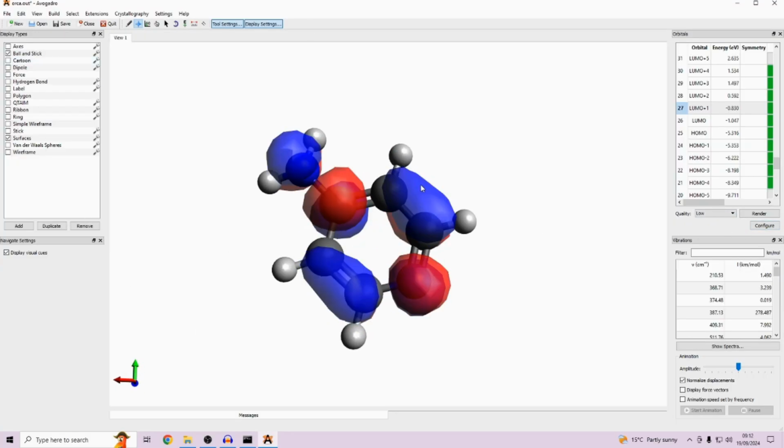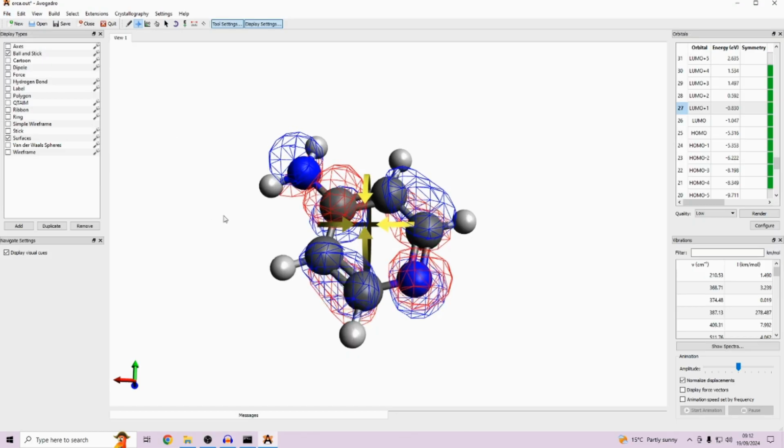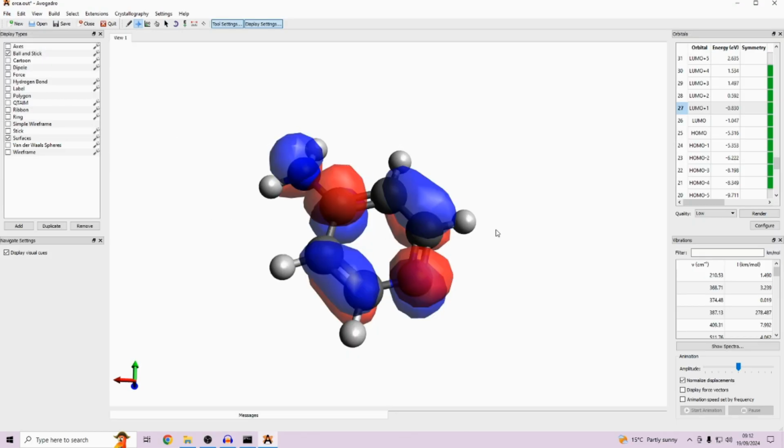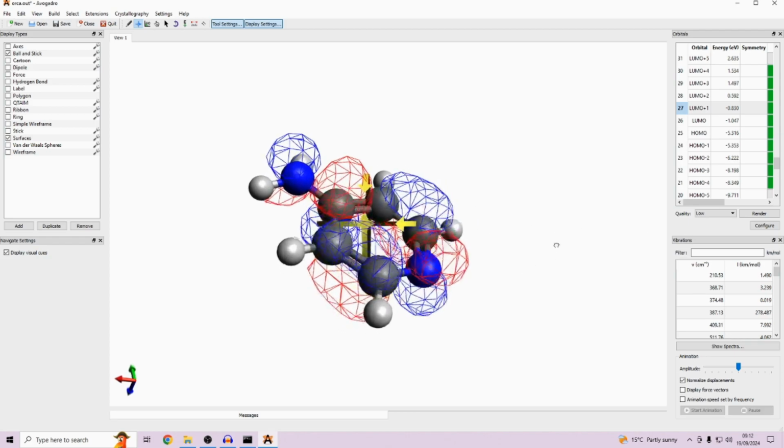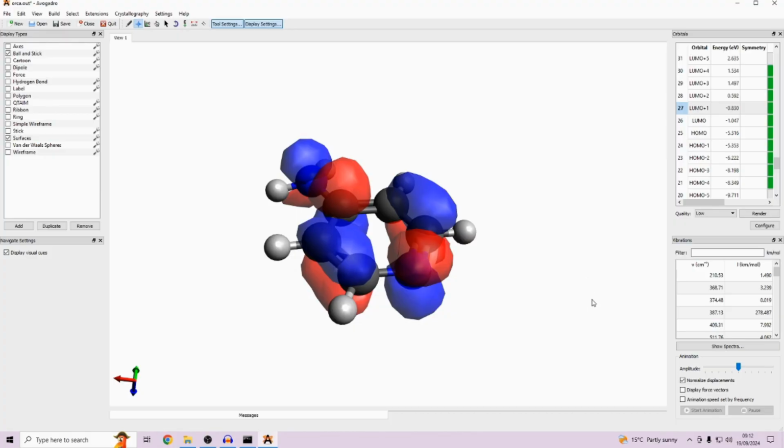And then once you've got the orbital that you wish to show off, you go to File, Export, and you can make a graphic or a vector graphic file, which you could then put in your report or simply save for a cool screensaver. The other thing that we can do easily in Avogadro is look at